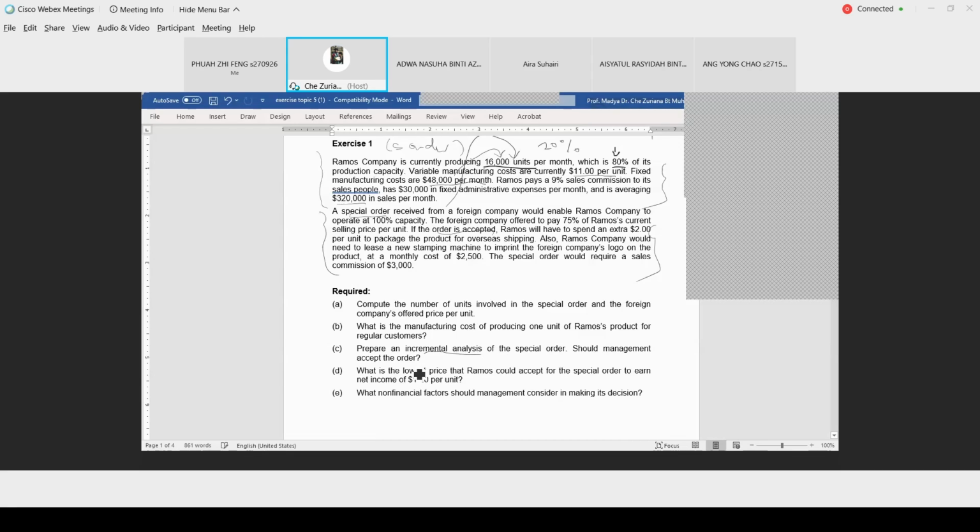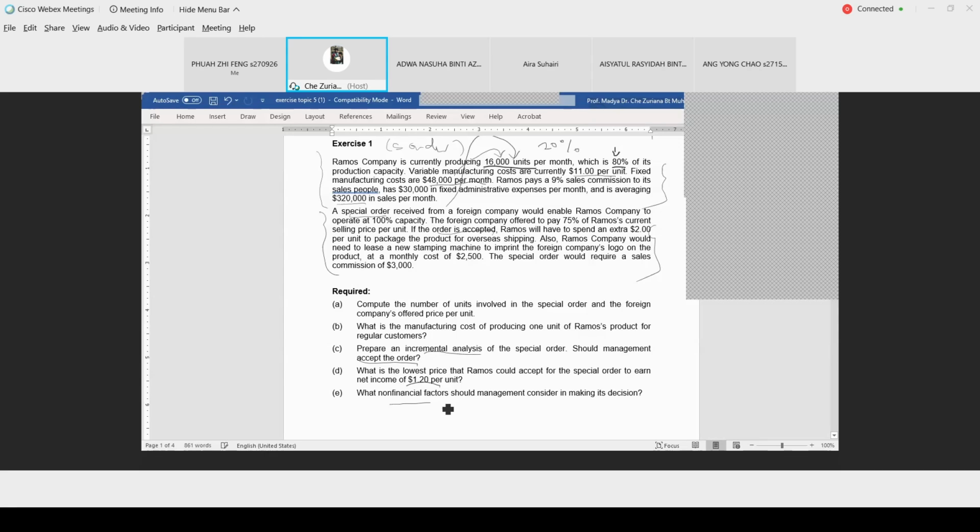So based on this, then you have to answer lah, accept or reject the order. And then third, for D, what is the lowest price that Ramos could accept for the special order to earn net income of $1.20 per unit? So maksudnya dia tanya apa harga yang Ramos nak terima for the special order untuk Ramos Company ada net income about $1.20 per unit. So maksudnya sales price must